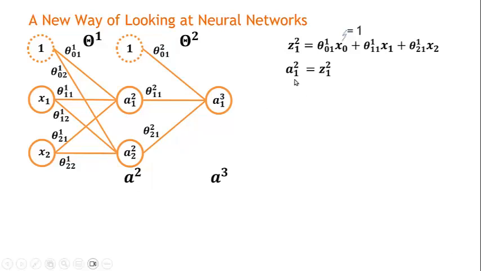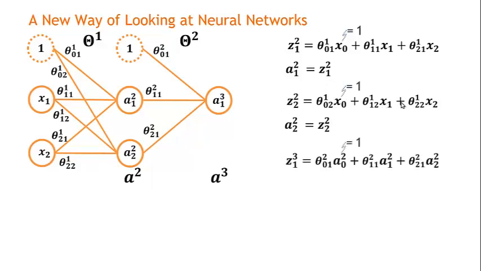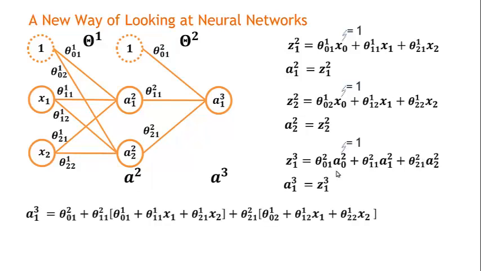Now suppose we don't have a nonlinear activation function and we simply set A12 to be equal to Z12. So we'll similarly get A22, the Z22, as a linear combination of the inputs. And then we'll go to Z13, which gives us the combination of the A's. And we can trace this back by plugging in the A's, right? This Z13 depends on A12, which I get from here, so I can plug in these thetas from the first layer